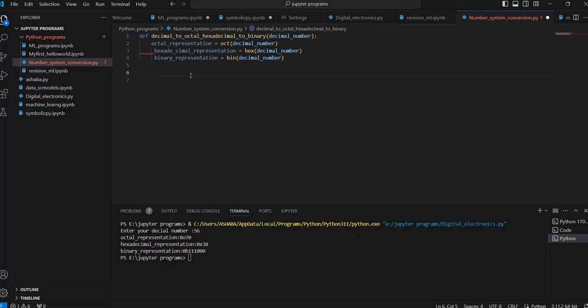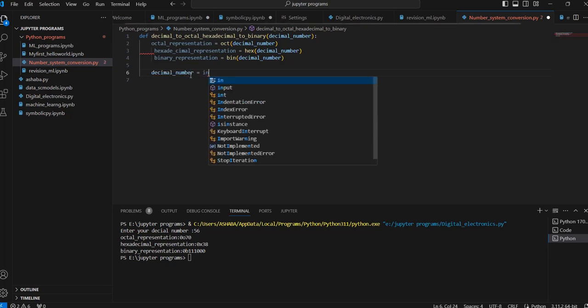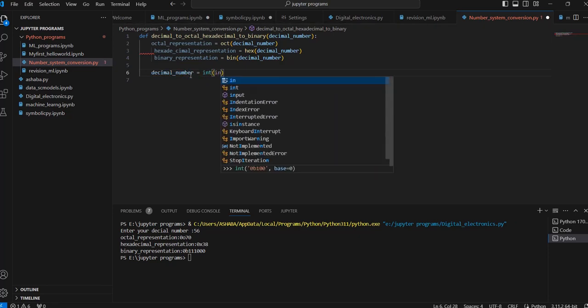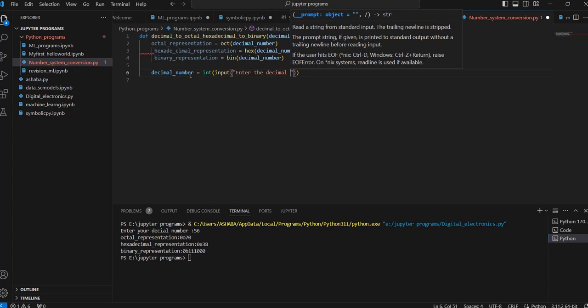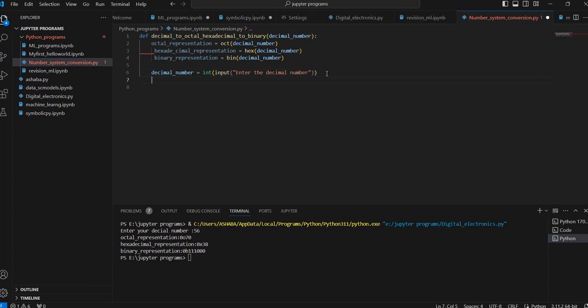We need to find a way how we are going to have an input and also displaying the results. So I'm going to say my decimal number is going to be an integer, and I use an input function that helps us to put in any values, and this is going to be a string. So I'm going to say enter the decimal number. So when we put in our decimal number, we find that we need at the end of the day to